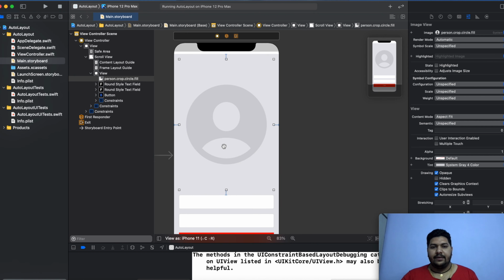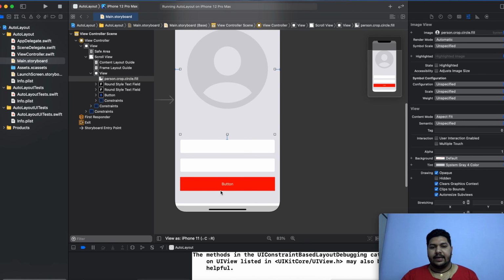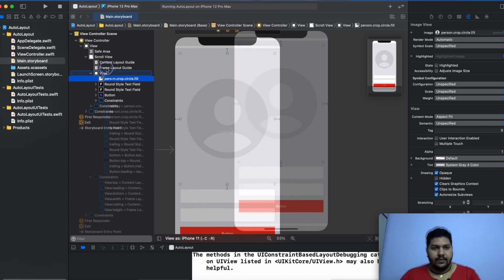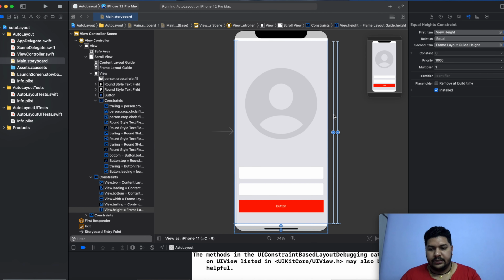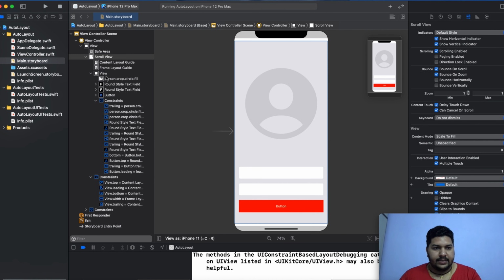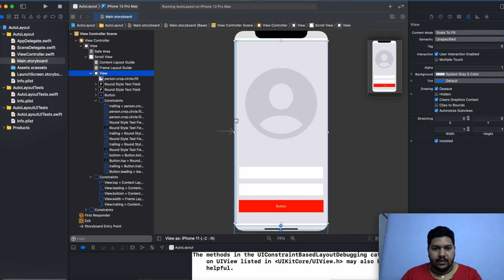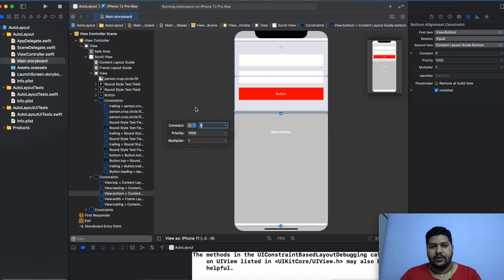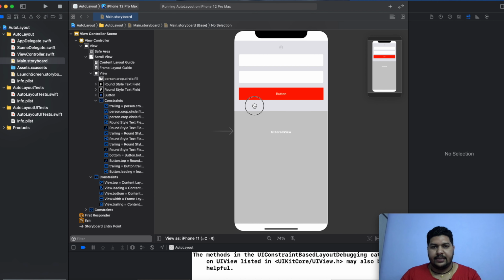Now secondly, how we can take it at the top, means on the basis of content. Let's say you don't want it that big and you don't want your view at the bottom. So what you need to do, at the very first remove this, and secondly here give 0. Okay, now you can see the entire design has been changed.